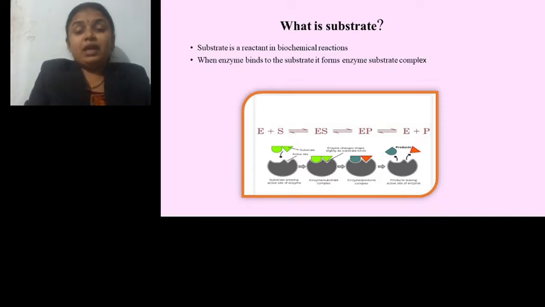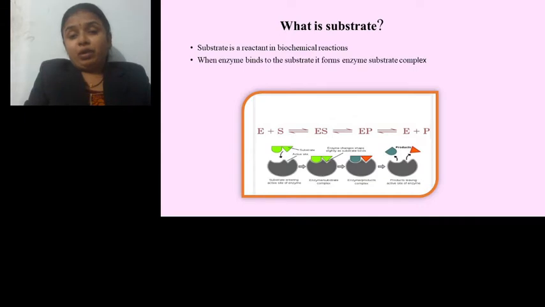The substrate reacts with the enzyme to get converted into the product. When the enzyme binds to the substrate, it forms the enzyme substrate complex, and during its formation, some necessary interactions occur between the enzyme and substrate